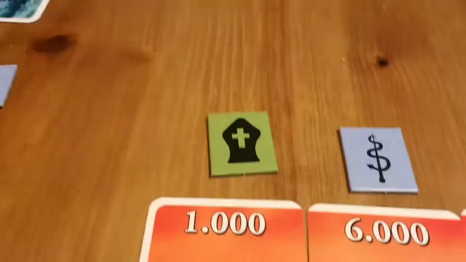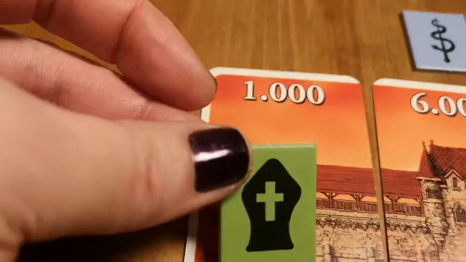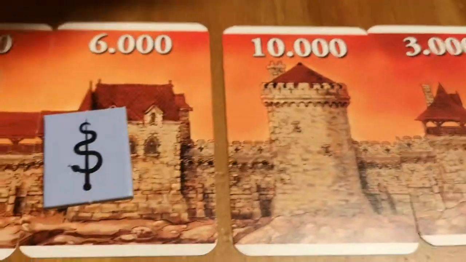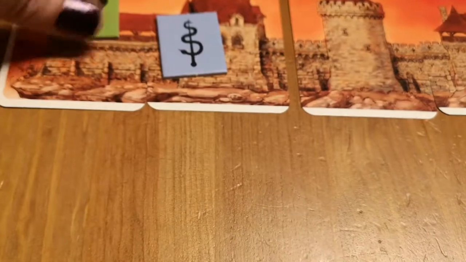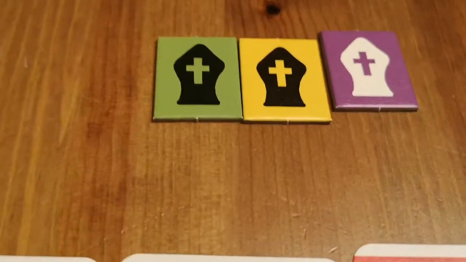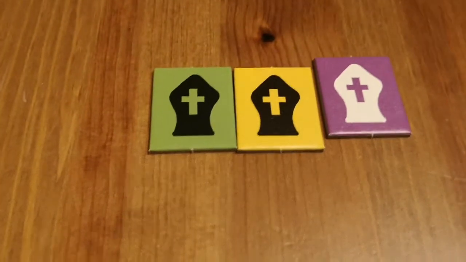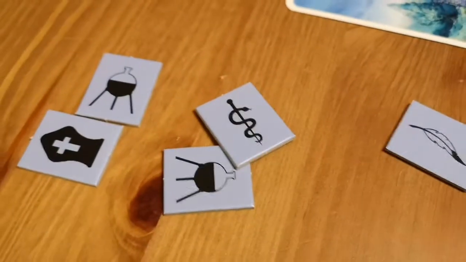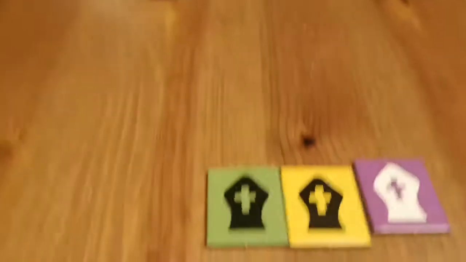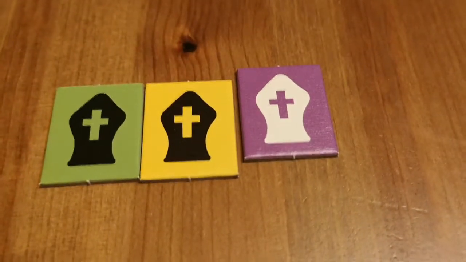If it looks like this, then there's no conflict. So Green Priest will get accepted into this spot, and Blue Doctor into this spot. However, if it were looking like this, let's say that these 3 had sent their priests, then there is a conflict, an external conflict, because you can only employ 1 of each profession. In this case, you will enjoy some bribery from green, yellow, and purple,